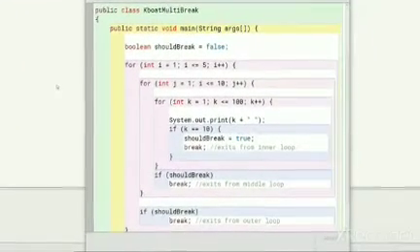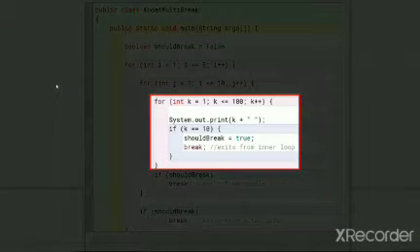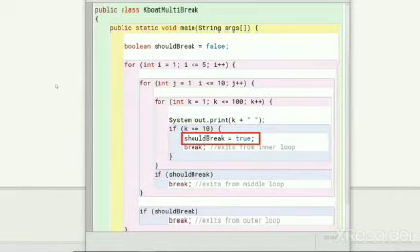In this program, there are 3 loops nested within each other. We want to break out of all the 3 loops when the value of loop control variable k of this inner loop becomes equal to 10. So inside the inner loop, we have this condition. Notice that before breaking out of the loop, we are setting this boolean variable shouldBreak to true. We check shouldBreak variable in the middle and outer loops to know if break was executed in the inner loop.